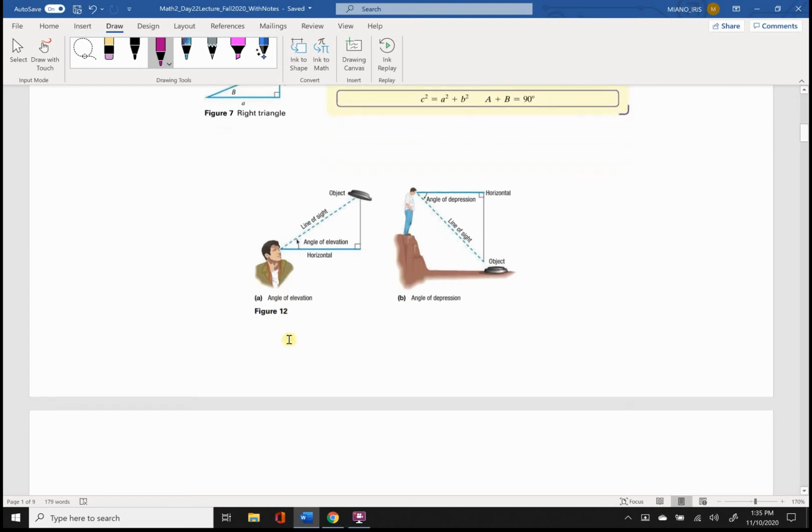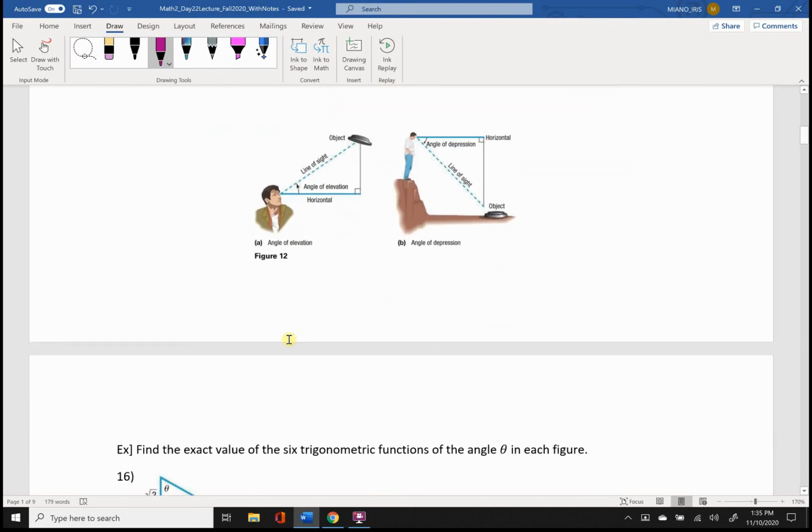In this last figure, before we get into some exercises, I wanted to define an angle of elevation versus angle of depression. And it really has everything to do with how you are swinging either up or down from a horizontal line. That's the way I think of it. So I just make a horizontal line maybe with my arm if I wanted to do like a little kinesthetic element to this and to my learning of this,